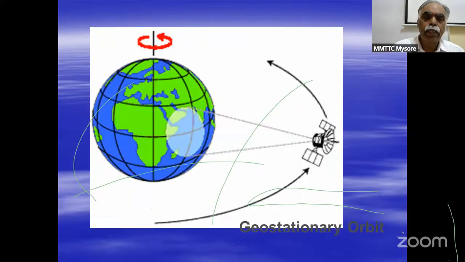And the satellites are launched. There are two types of satellites. One is geostationary satellite, another is polar satellite. Polar satellites are launched 800 kilometers and above, not more than 1,000 kilometers. Whereas the geostationary satellites are more than 30,000 kilometers. So you can just imagine how far 30,000 kilometers is. From that height, the satellites will be collecting, or sensing, the